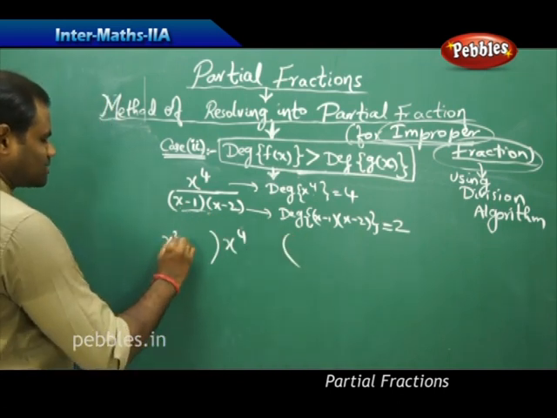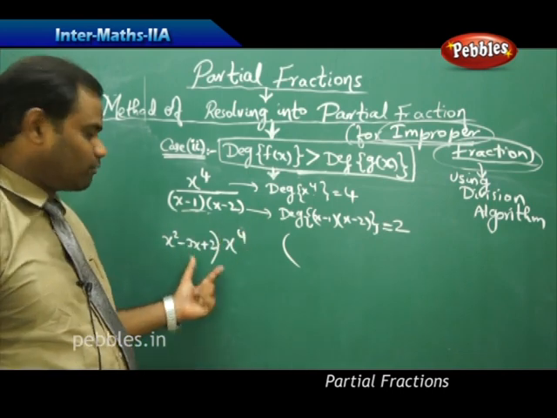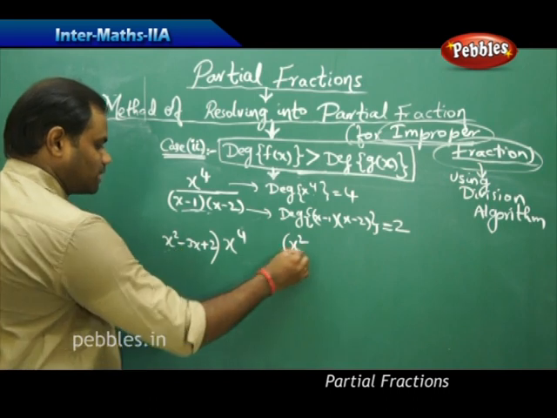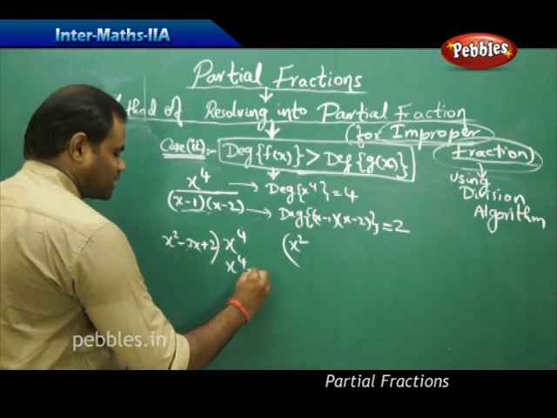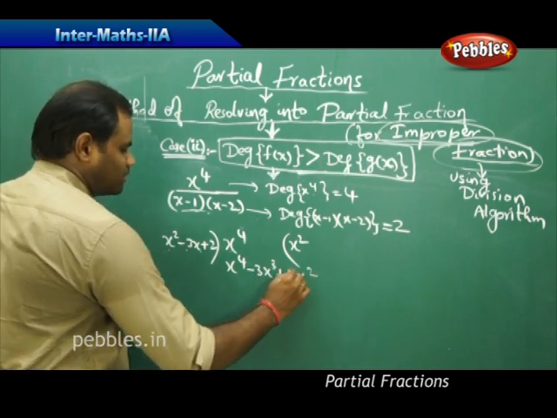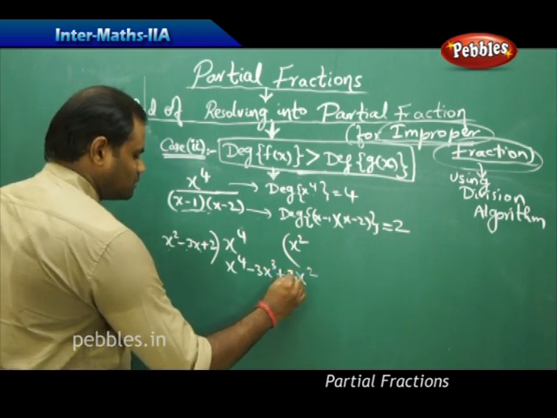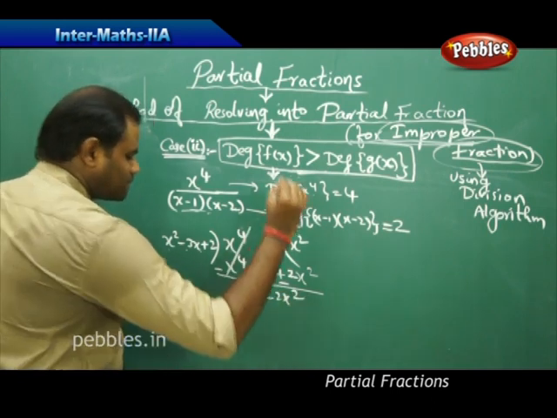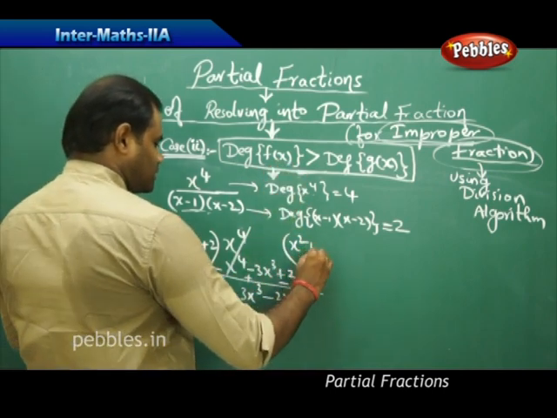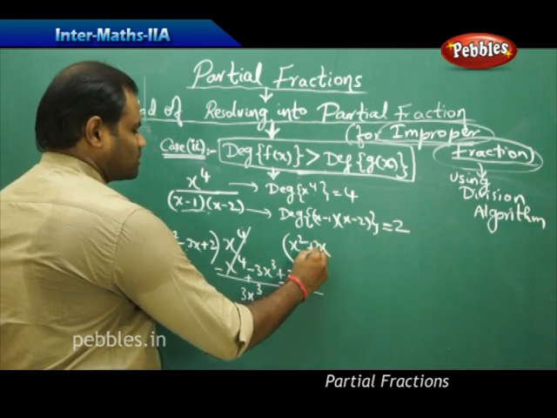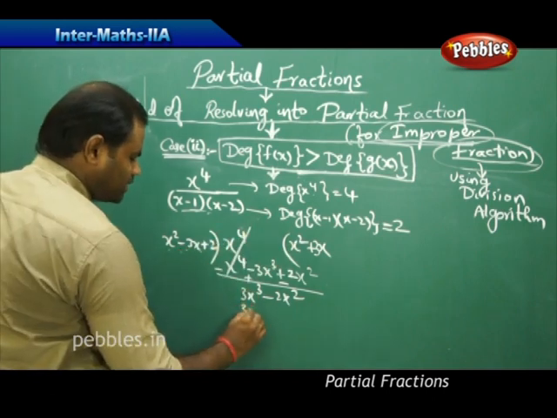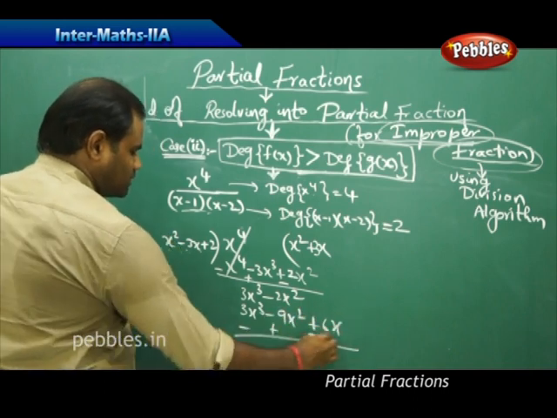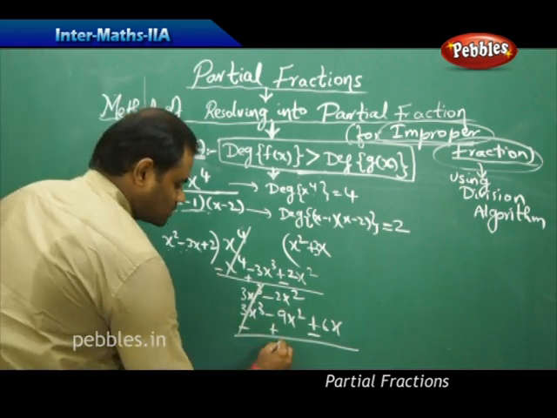So this can be written as x squared minus 3x plus 2, when combined through the factors. Initially I need x squared to make this x power 4 using the division of two polynomials. x squared times x squared is x power 4, minus 3x times x squared is minus 3x cubed, plus 2x squared. Subtracting, I get 3x cubed minus 2x squared, where it is short of x, which I need to multiply with 3 as well. Then x squared times 3x is 3x cubed, and minus 3x times 3x is minus 9x squared plus 6x, which on simplification gives me 9 minus 2, which is 7x squared